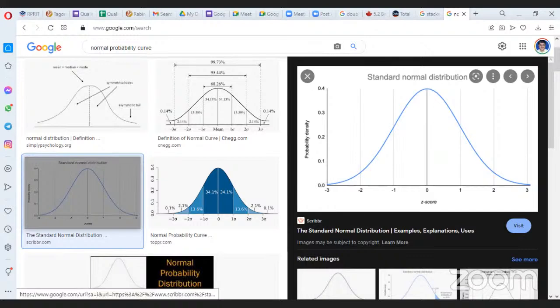When we have the raw score, we convert this raw score into the z-score so that we can find out to what extent the raw score deviates from the standard score. Standard means